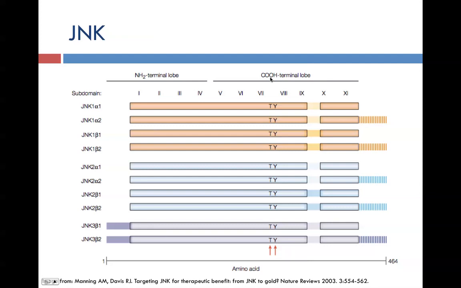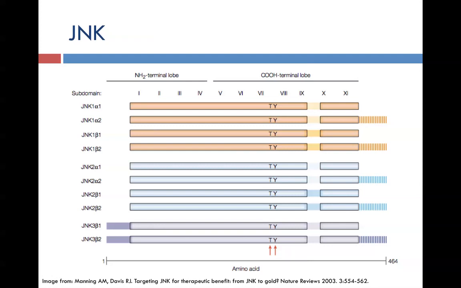So the protein kinase activation loop, as you can see here, is going to be located between the kinase domains 7 and 8 right here. As we can see, this is where the activation loop is, and it contains a TPY motif, or threonine proline tyrosine motif, and this is conserved throughout all of the isoforms. So it's all going to be in this general area. And this is where we're going to get phosphorylation for the full kinase activity of JNK, and this is going to be by